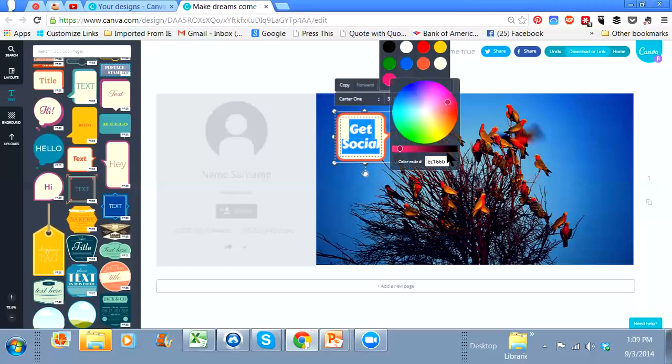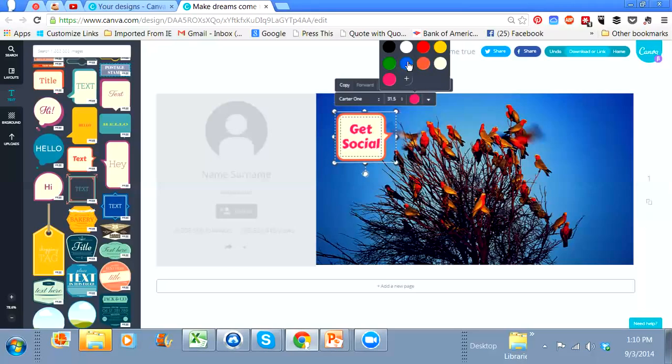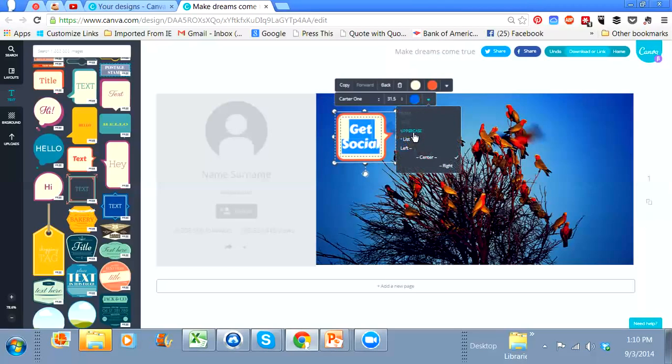Or you can also use a color code from your logo, your website, or if you know a specific color that you want to use. But for this particular text, I want to use this blue. So I'm going to use the blue. There we go. And if I click over here, I'm going to be able to make a few other changes